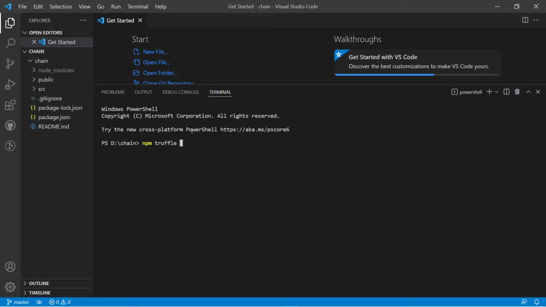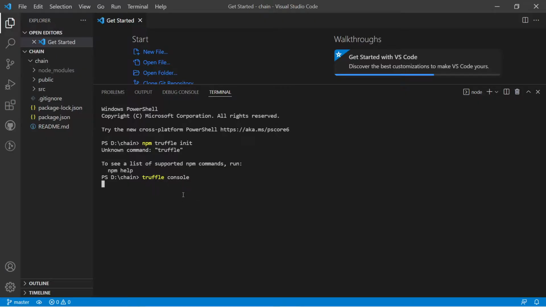Firstly, we have installed Truffle. Now we would like to install Truffle inside this folder. So truffle init. At this time I would like to use this command. It's showing that it's an unknown command. Let me go inside truffle console. After that I would like to use that command, or some other commands.